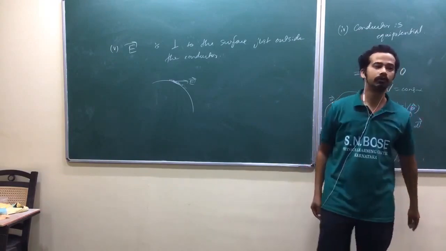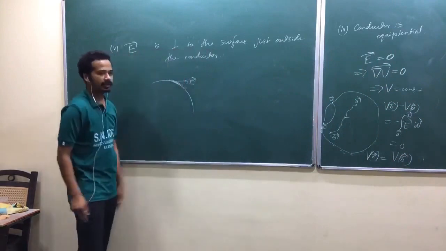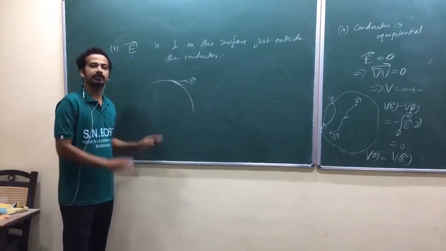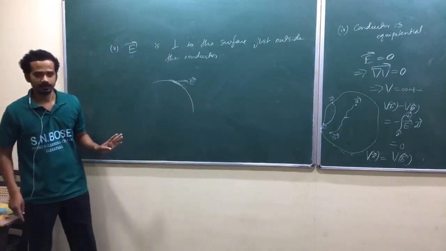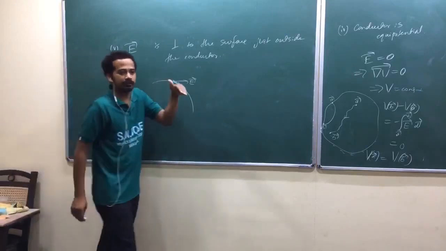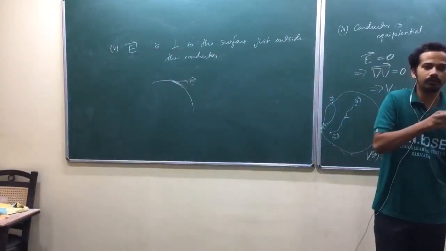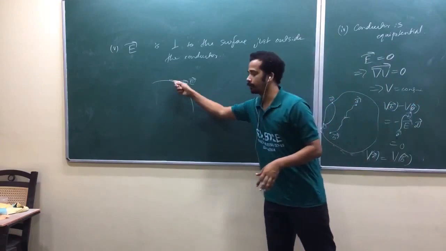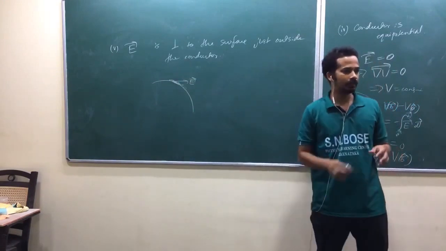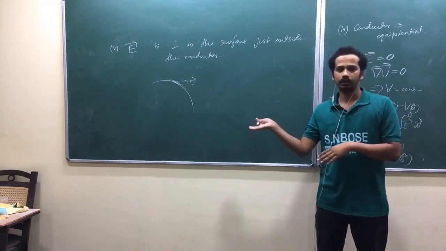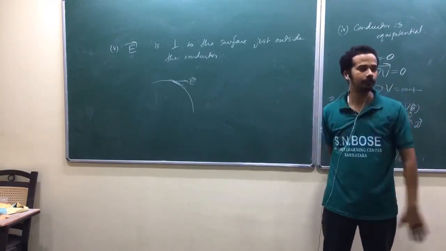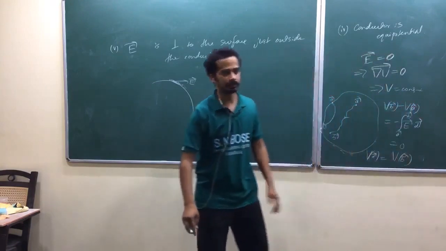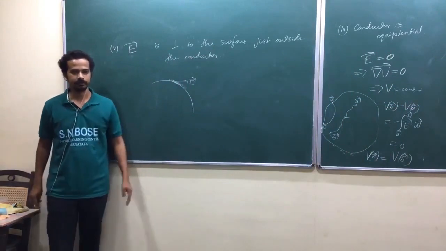Is that okay? How long will it move? It will move until the parallel component cancels out. If the parallel component cancels out, then only the perpendicular component exists. And it will happen very instantaneously. Now let me start with a situation where you try to disturb that one, so that there exists some electric field other than in the perpendicular direction. Then when you leave the distribution, quickly it will rearrange, as that parallel component will try to move the charges quickly so that only the perpendicular component exists. So that's the argument. Is that okay?